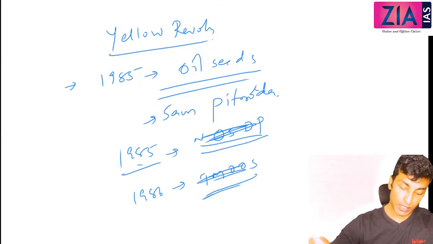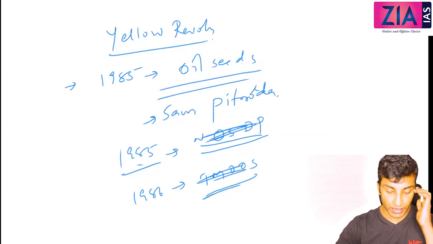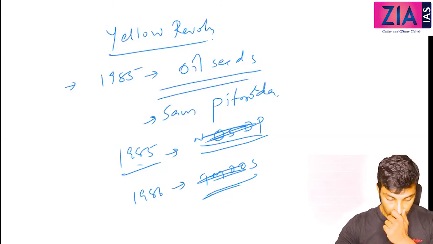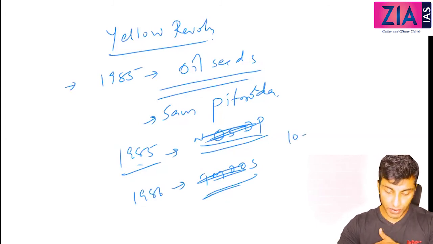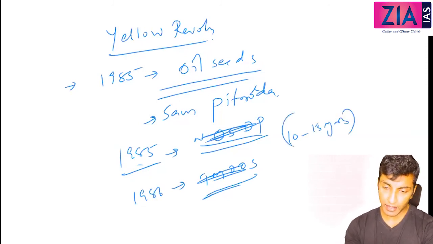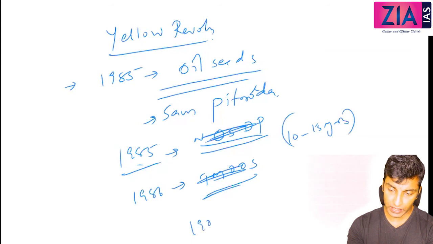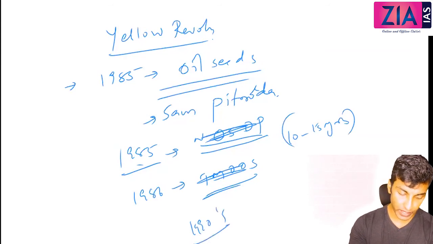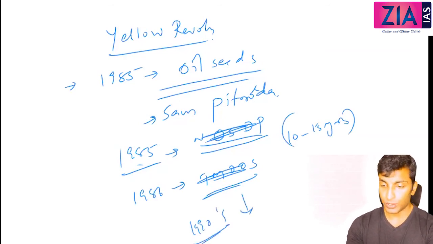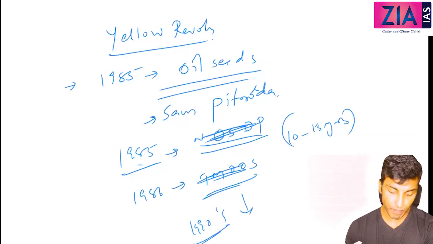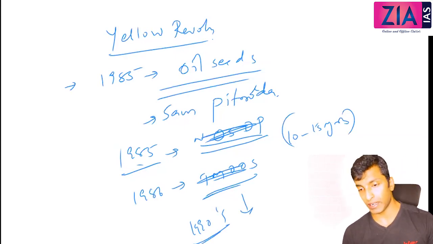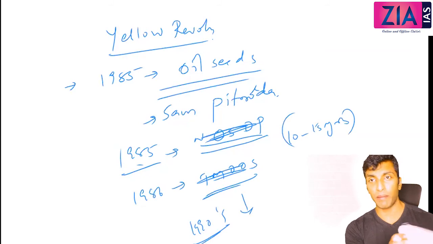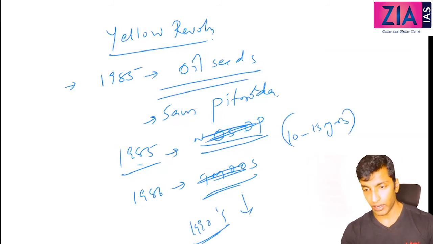Okay, actually it was successful only in the initial phase. Right, in the first 10-15 years, the production actually doubled. But later in the 90s, the productivity decreased. So that is the reason why we are still importing, and we are not self-sufficient when it comes to oil seeds. We are still importing the oil and oil seeds.